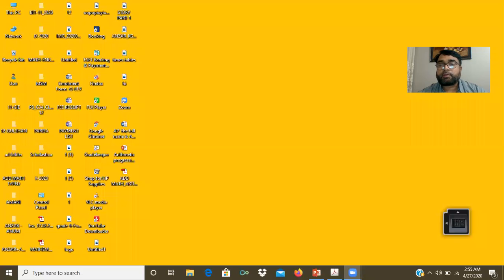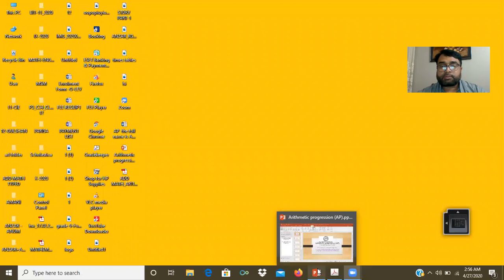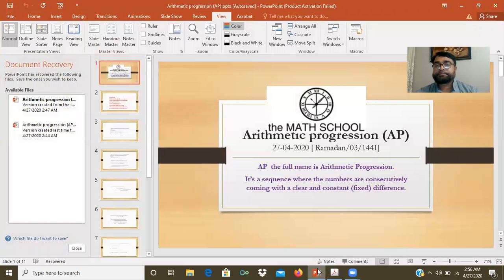So I'm just going to open it first. All right. So now I'm going to open the slides. All right. So here is the first slide. You see, this is the heading. Heading is basically arithmetic progression, and in bracket you see it's AP. Actually, this is the shortest form. In short form, we just call arithmetic progression as AP. So AP means arithmetic progression. Sometimes we can say that arithmetic progression means arithmetic series. Anyway,